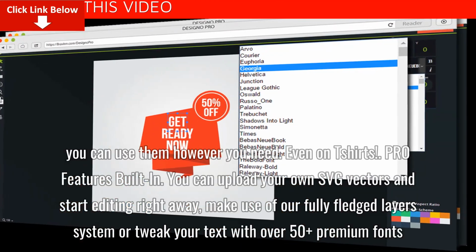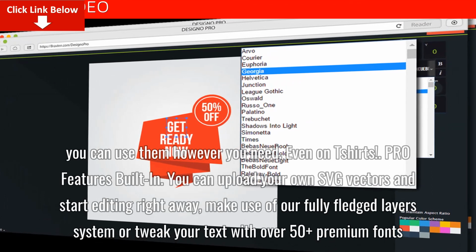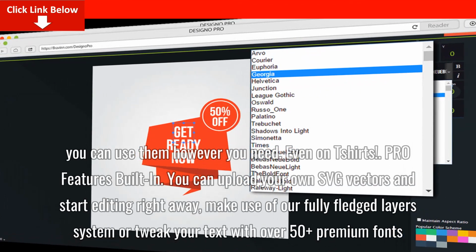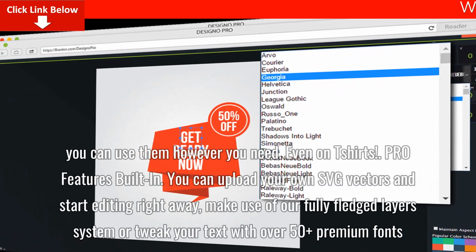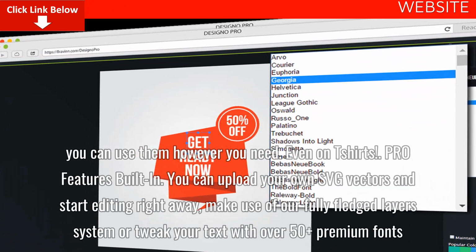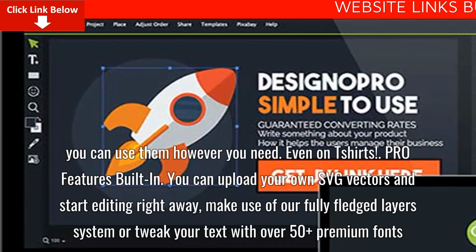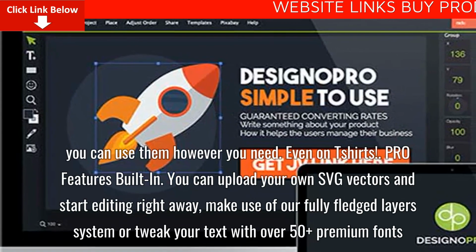Even on shirts. Pro features built in. You can upload your own SVG vectors and start editing right away. Make use of our fully fledged layer system or tweak your text with over 50+ premium